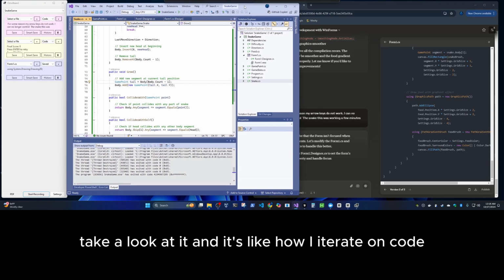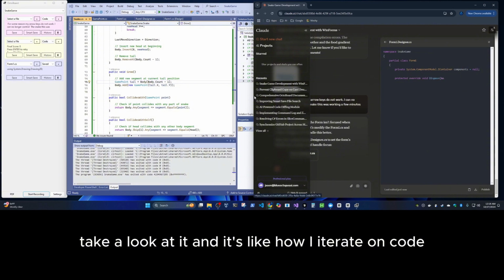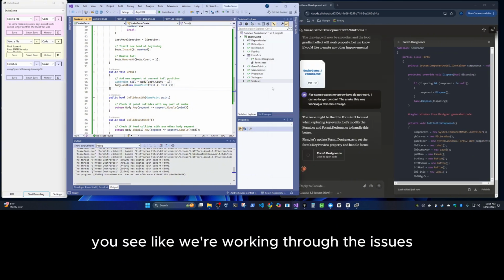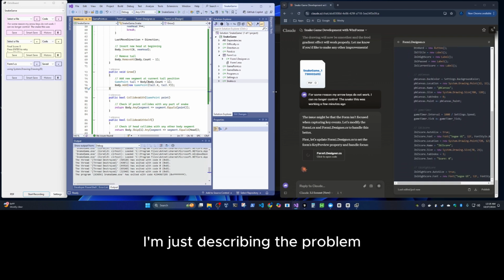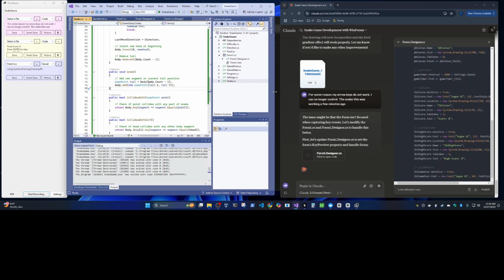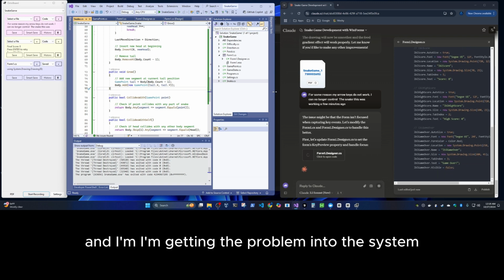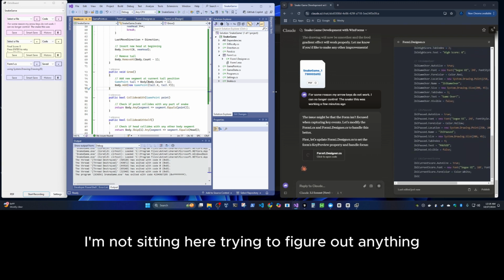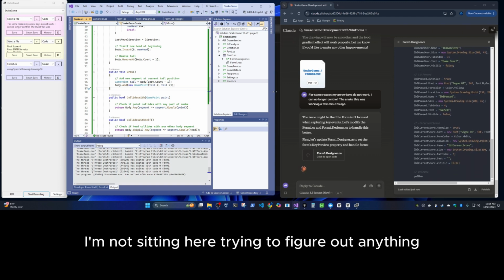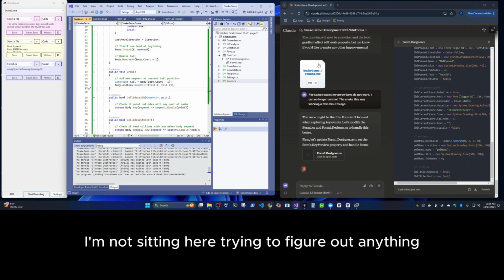And it's like how I iterate on code. You see, we're working through the issues. I'm just describing the problem, and I'm getting the problem into the system so the system can solve it. I'm not sitting here trying to figure out anything.